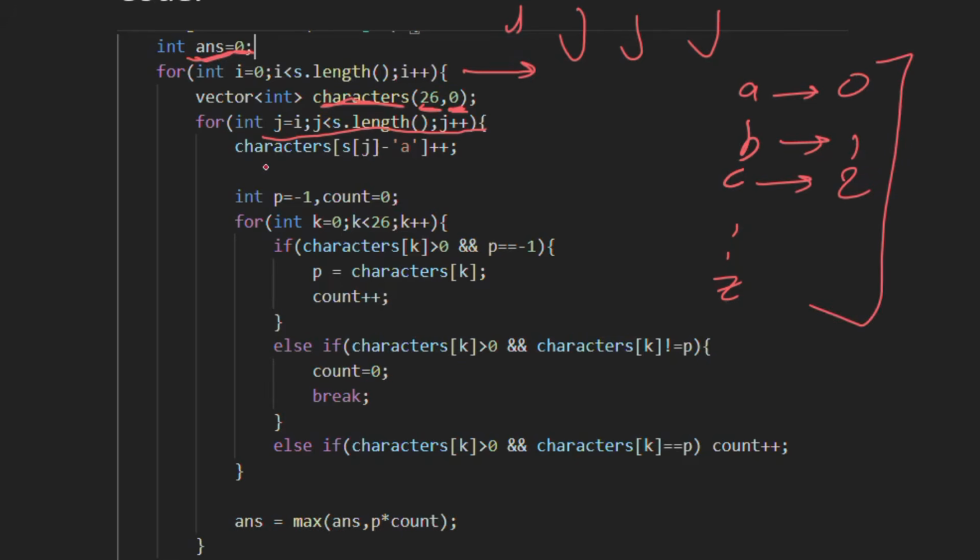This way. Then what I am doing is updating the count at s of j minus a. Why minus a? Because suppose whatever character is present here, say c is present, the ASCII value of c is 99, and if I subtract the ASCII value of a, that is 96,